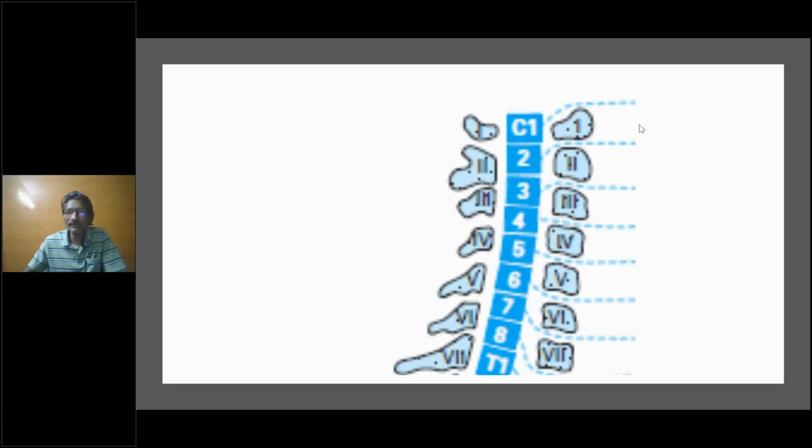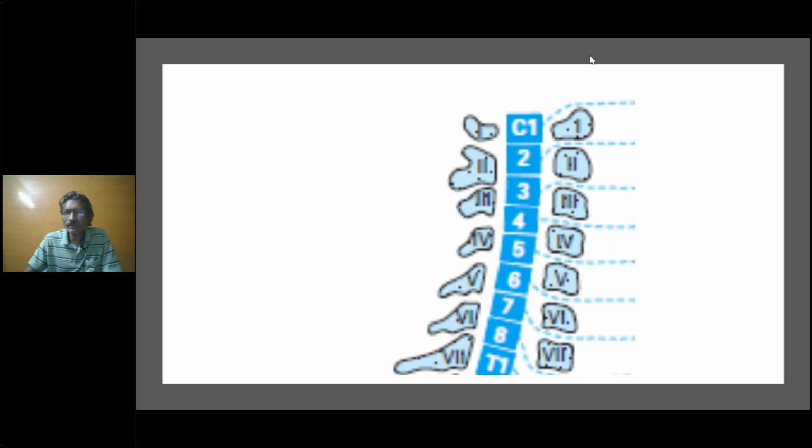Today I'll just give you an outline about some of the basic concepts in the localization part, and I'll be stressing more on the anatomical concepts. Before I start explaining the images, this is actually taken from the old edition of Adams. I assume that the same diagram with a different color is there in the new edition of Adams.